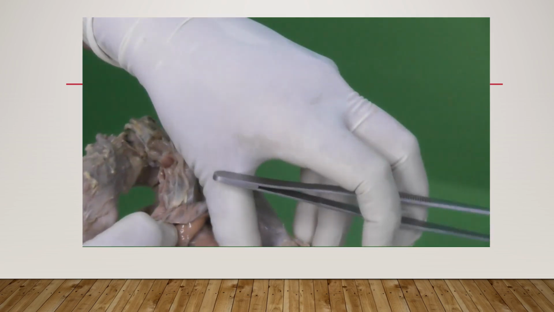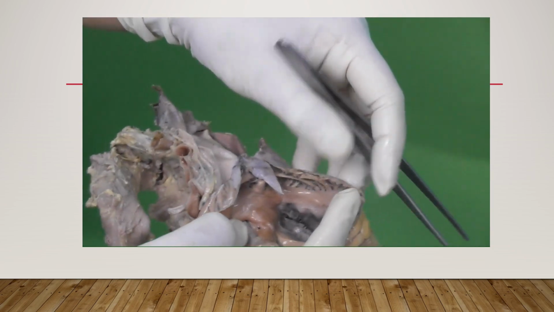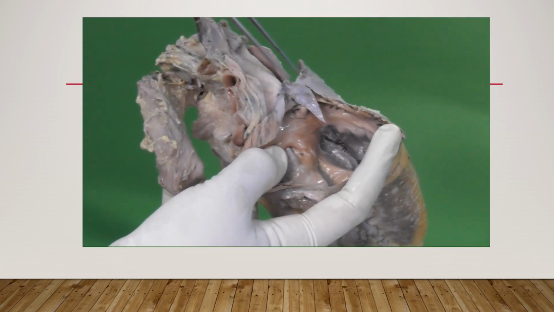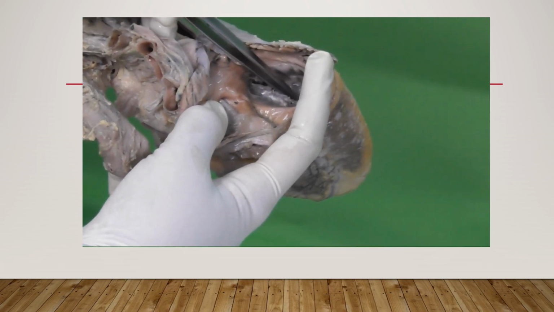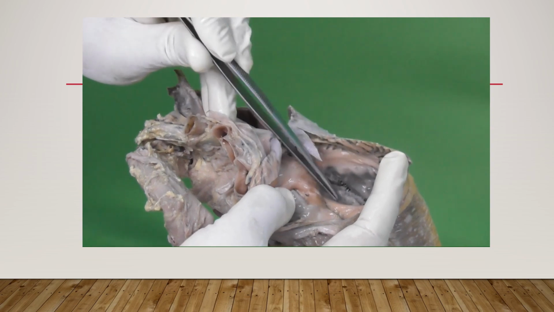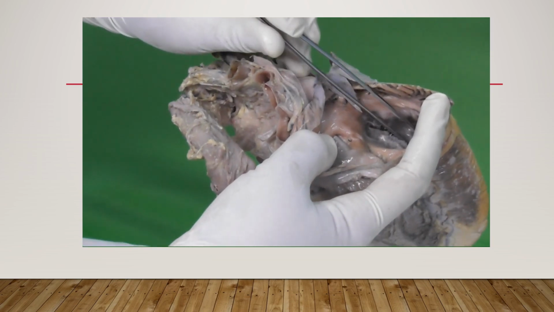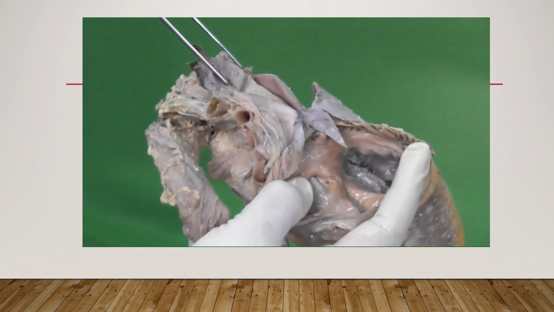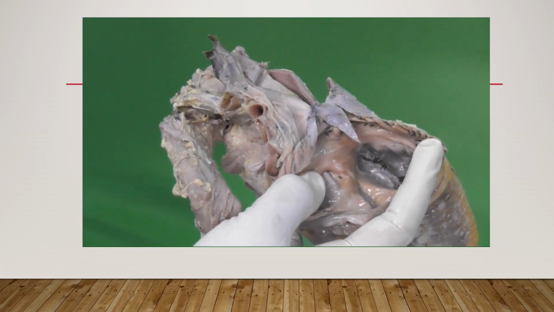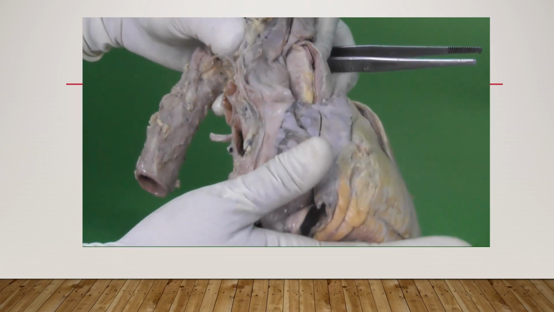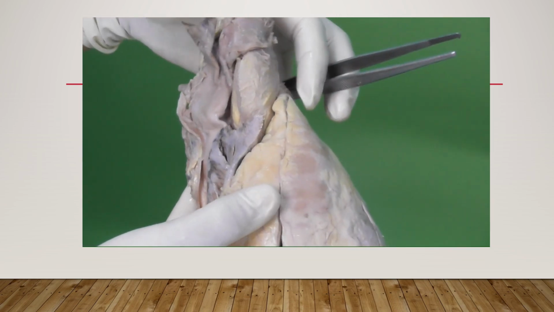Then coming to the atrioventricular orifice. Again, after opening the right atrium, we can see this is the atrioventricular orifice, which is guarded by a valve. Now this valve has three cusps, as we can see here. That's why we call it the tricuspid valve. So all these are the features we can see on the interior of the right atrium.